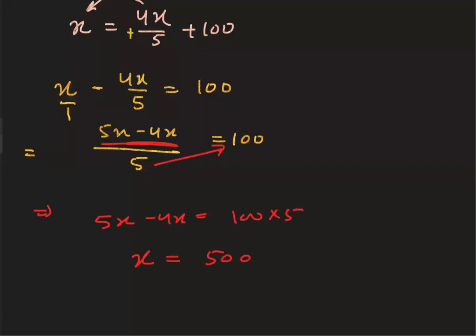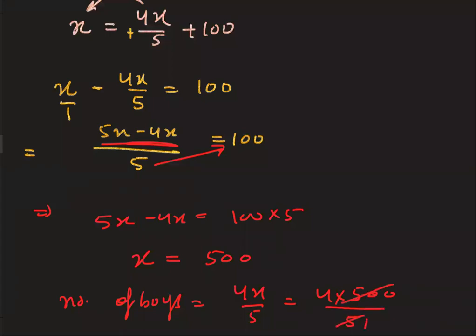But हमें क्या करना है? हमें number of boys find करने हैं. So number of boys क्या थे? Number of boys were 4x/5. So 4 into x की value is 500, so 4 into 500/5. 5 and the 500, so 4 into 100 is 400. So your answer